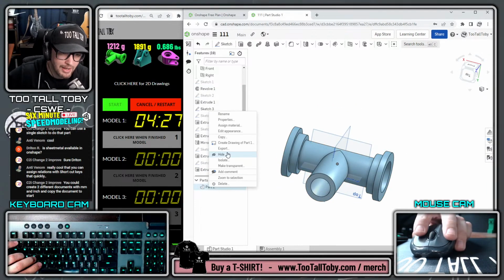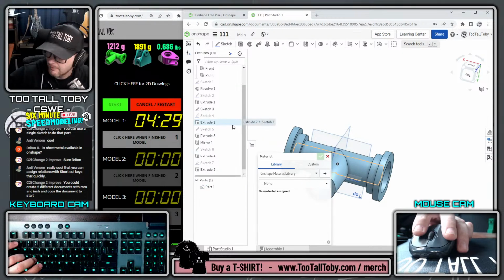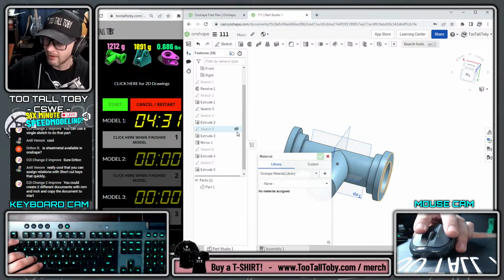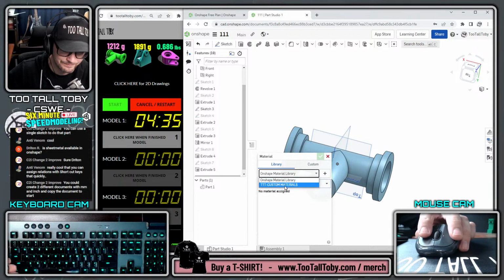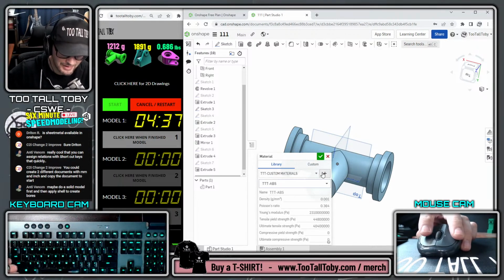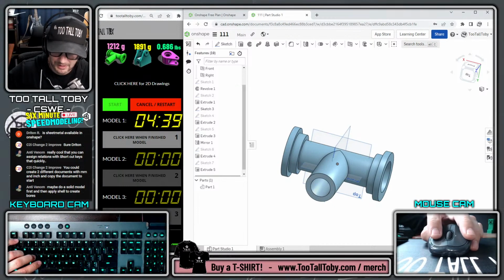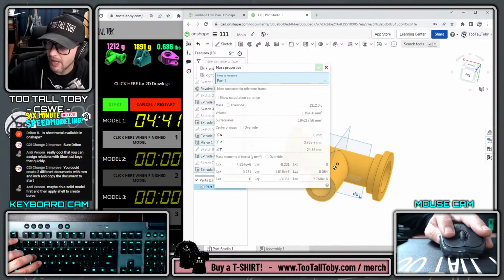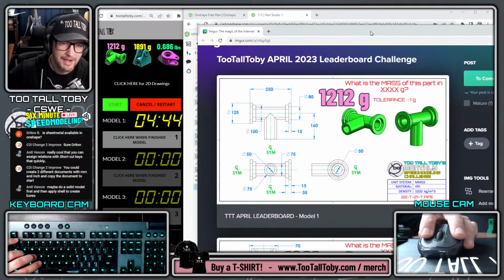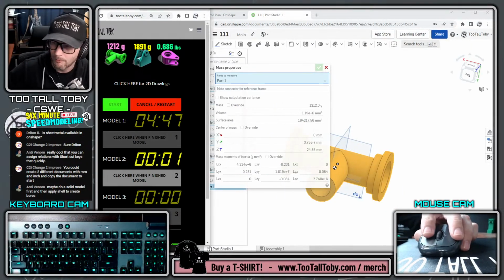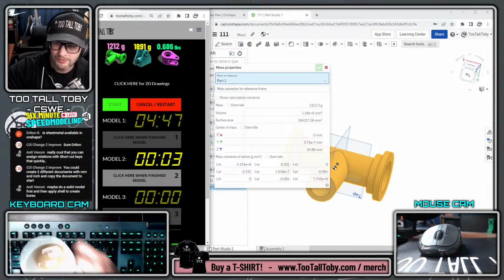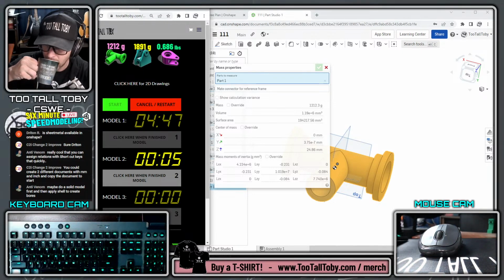Okay, and then we'll go assign material, just like we did last time, and this is going to be a material of ABS. We're going to use ABS for this one. And then we'll take a look at the mass of this thing. All right, there we go. We got the correct answer, 1212. A little bit of time to get that one, almost 5 minutes. It's not really going to help us with our goal of trying to get this whole thing in under 6 minutes, but